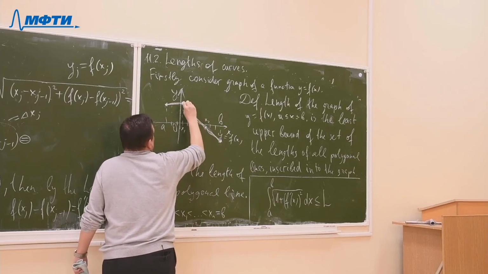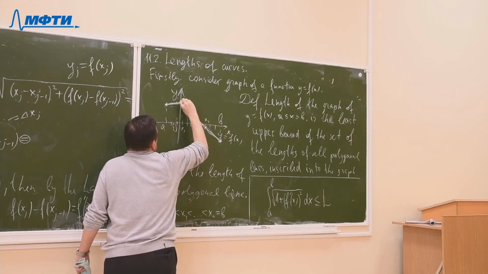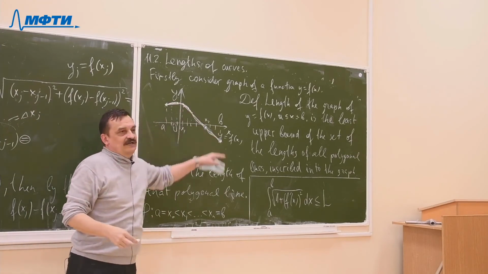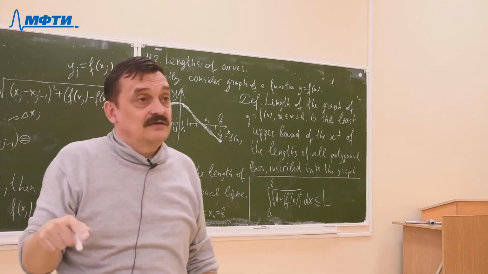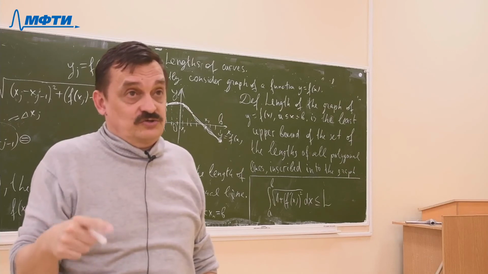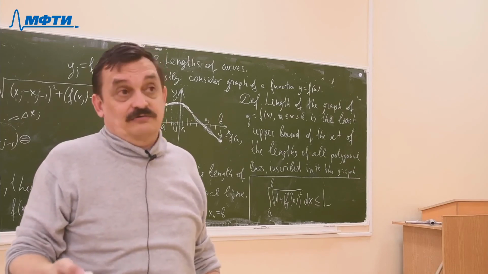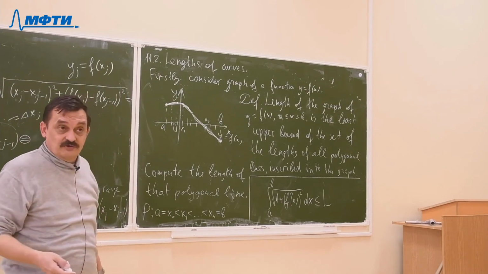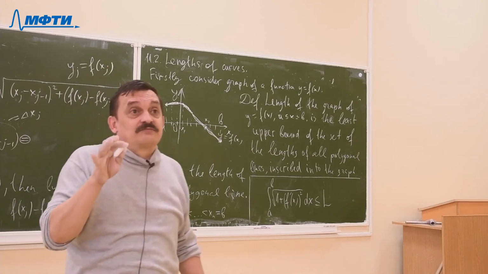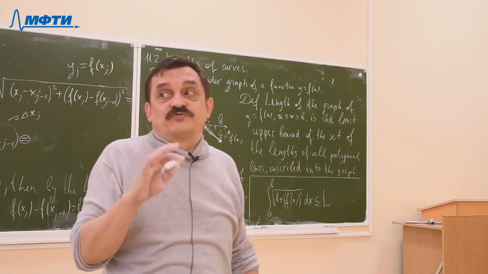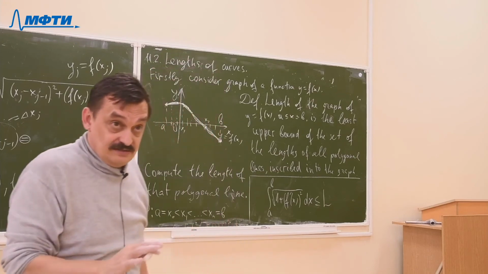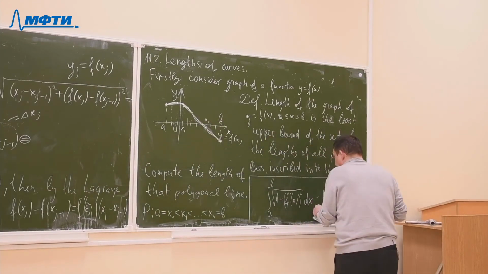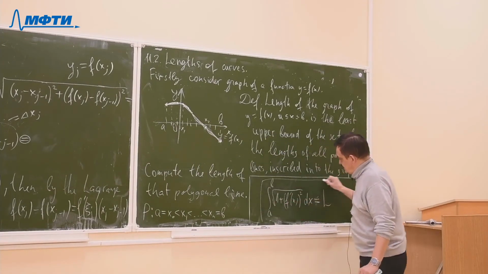Connect them by straight lines. What happens then? You obtain a polygonal line which is very, very close to the graph, right? But once again, of course, I have no proof. But these are just some geometrical observations which suggest that in fact we have equality here,